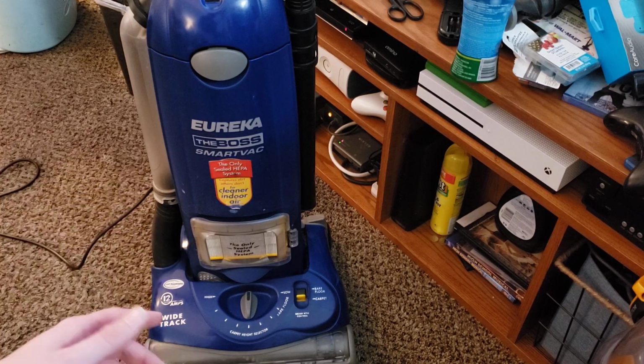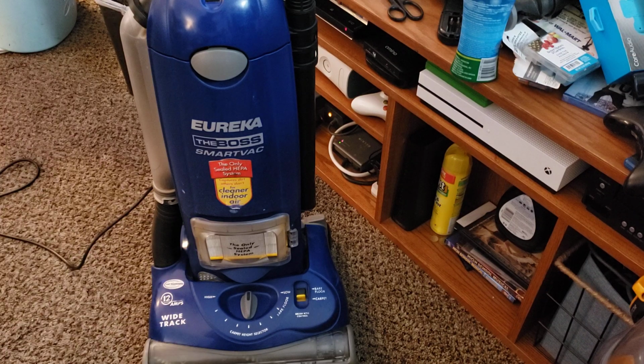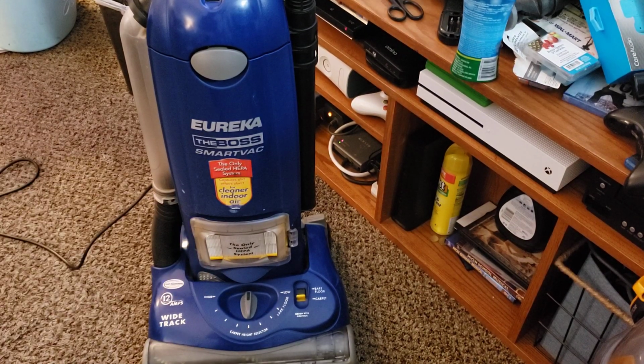Now, this particular machine belongs to my mother-in-law, and I just completely serviced it and replaced the cord on it and gave it a nice little clean. But I also have my red model that I have been daily driving for the past couple weeks in preparation for